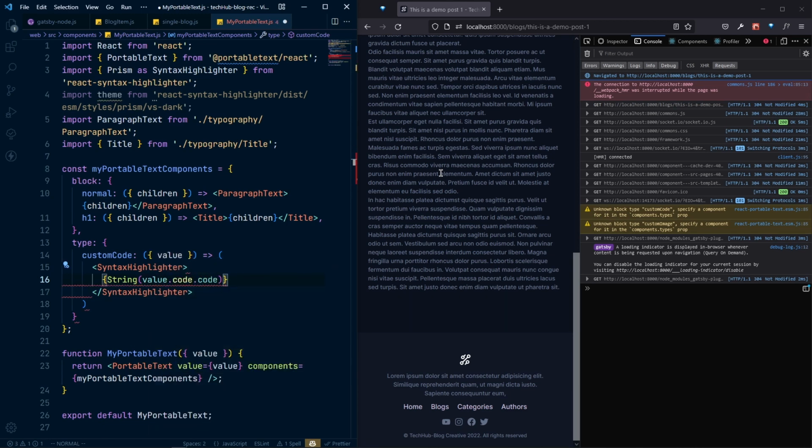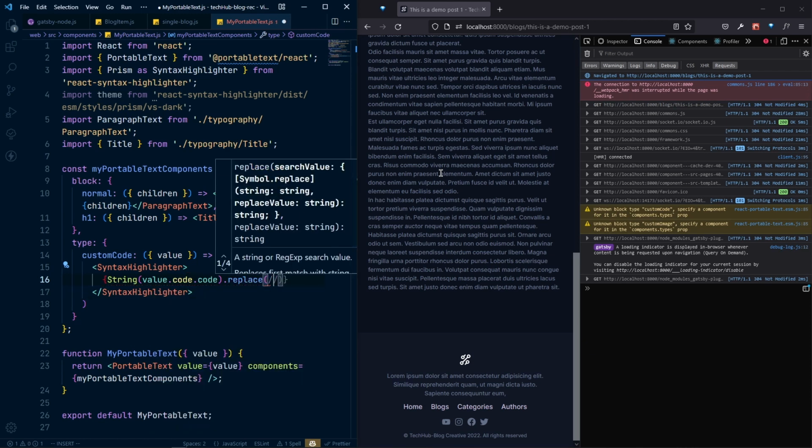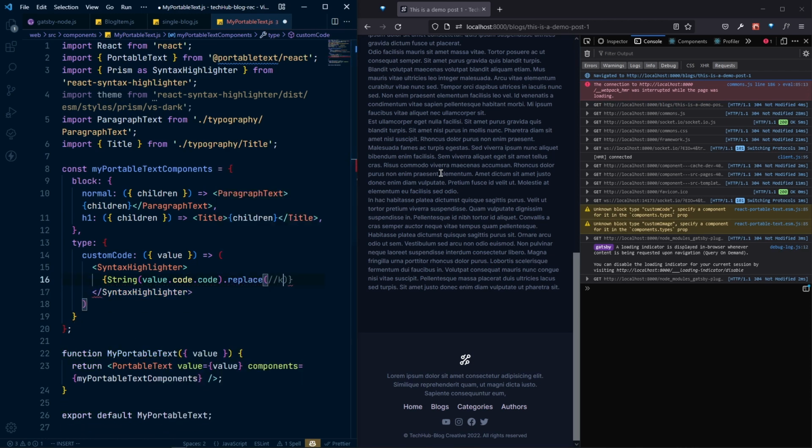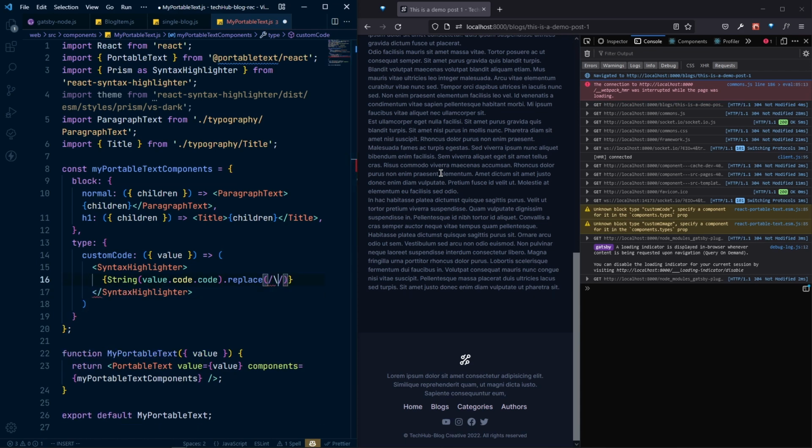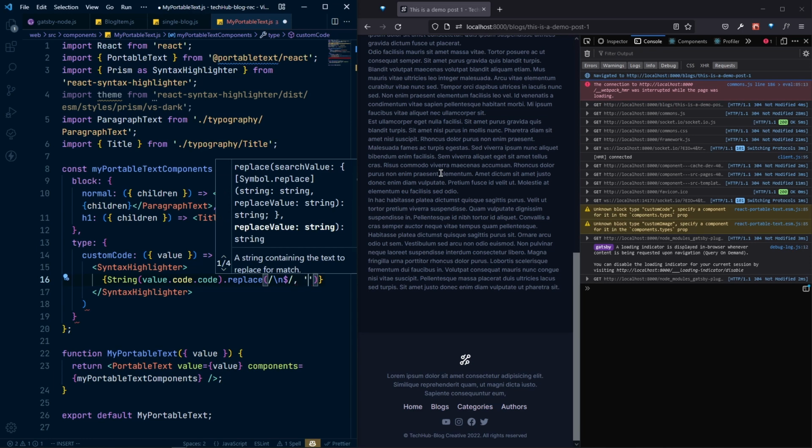So this is the text, and we need to replace this regex here, and inside this regex, this will be the end of line, so new line, and it will always be at the end. So this is the regex, and we need to replace this with the empty